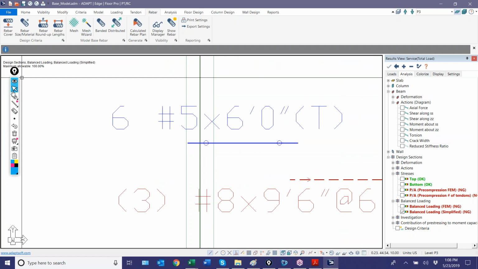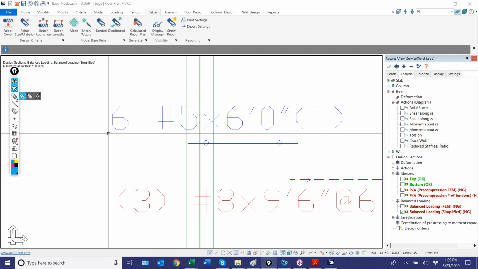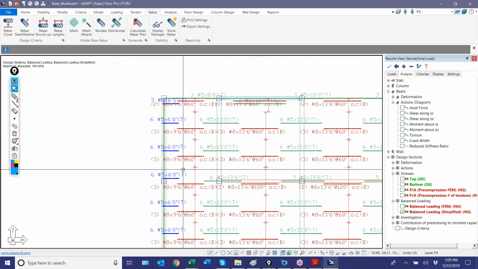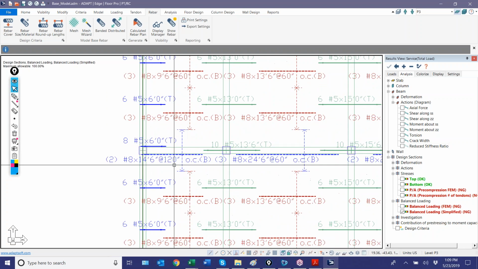In this case, in reality, these bars would likely just be hooked out on the perimeter. They wouldn't extend out here. Well, actually, the slab edge would be out here, so they might actually extend like this. But analytically, the slab edge is here, therefore it tags these as blue. Okay, so it's not an analytical problem. It's really just a detail warning for the user to pay attention to those bars that are colored blue. It also happens